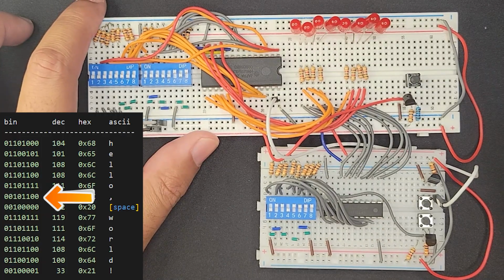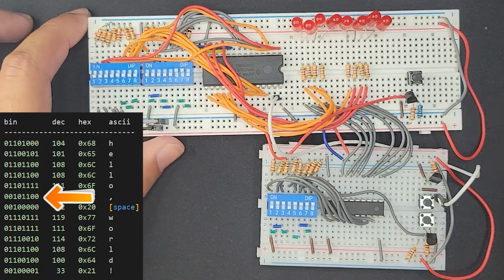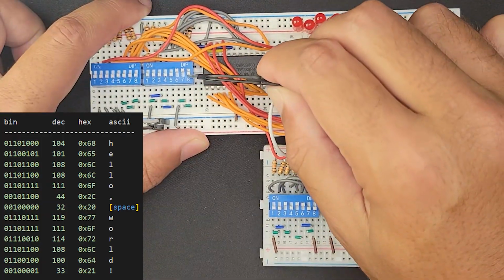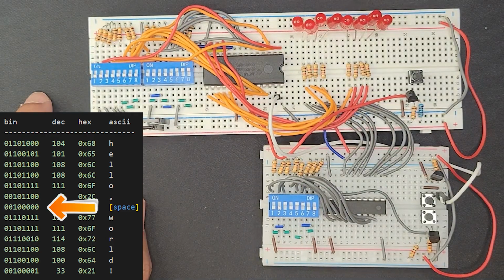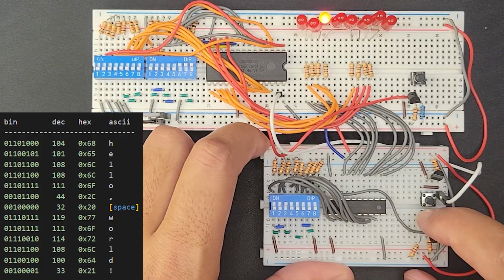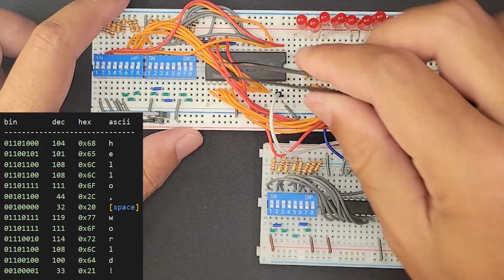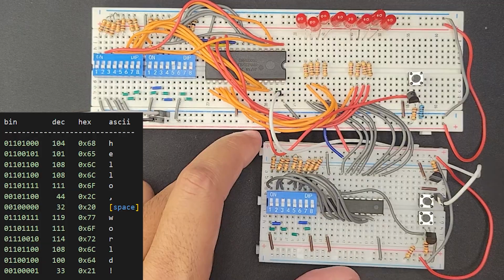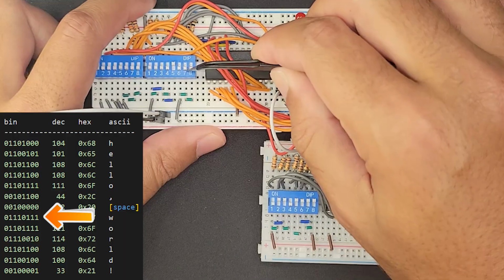Now we need to add our comma. So let's increment our address pointer. So let's save this, increment our memory pointer. And now we need to add a space, hex for 20, which in binary just ends up being 001, and the rest are zeros. So that is space. We can save that. And then now we can move up our increment pointer, W, so that is 011,